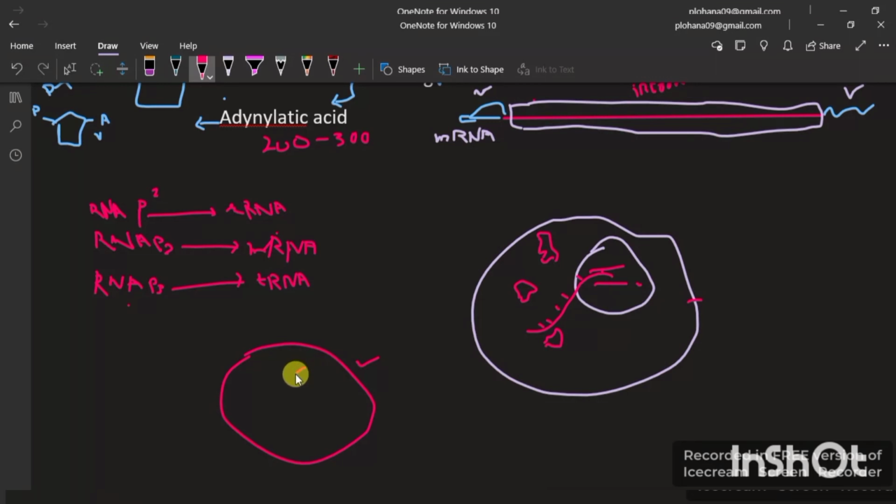So here, suppose mRNA is made from the DNA in the cytoplasm, then the protein will be made in the cytoplasm as well. So transcription and translation both happen in the same component, the cytoplasm. But talking about eukaryotes, transcription happens in the nucleus, while translation happens in the cytoplasm.